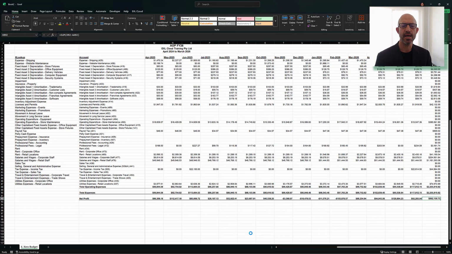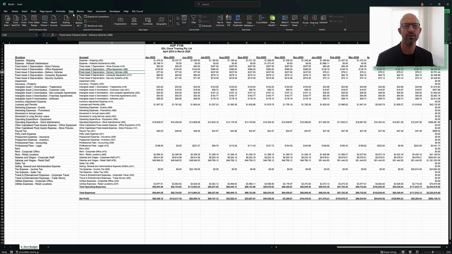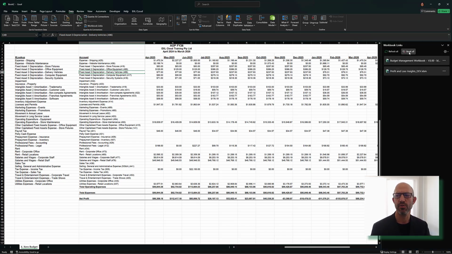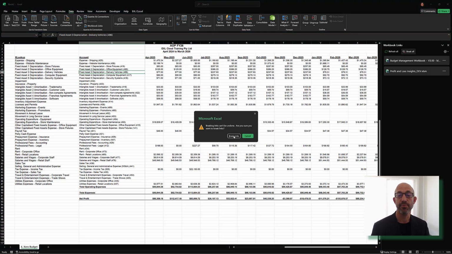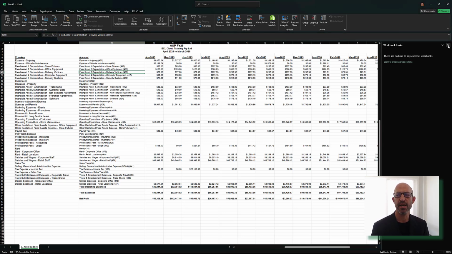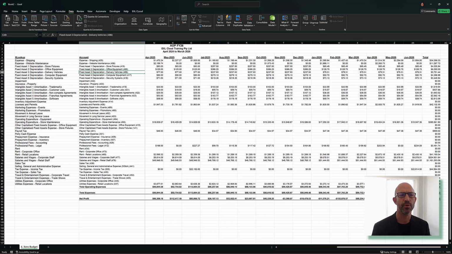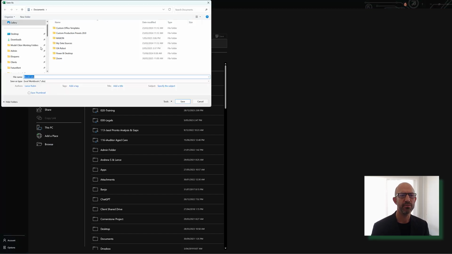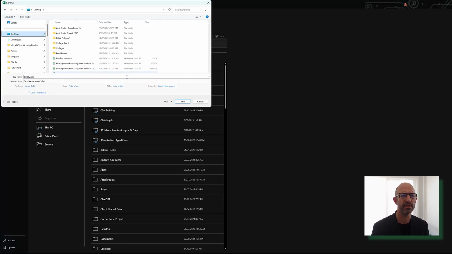Now, what that's done is it's moved this workbook. Now we've got all of these external links, and of course we don't want to have external links. So we're going to go Data, Workbook Links, and then we're going to break all of these links. So now by breaking all of these links, what that does is it makes us a standalone workbook. So I'm going to go File, Save As, and let's go and put it onto our desktop, for example, just for the moment. You might want to save it in a particular folder, and we're going to go AOP